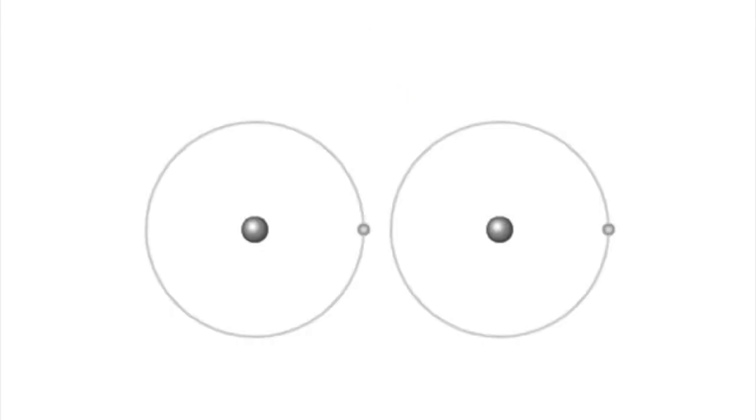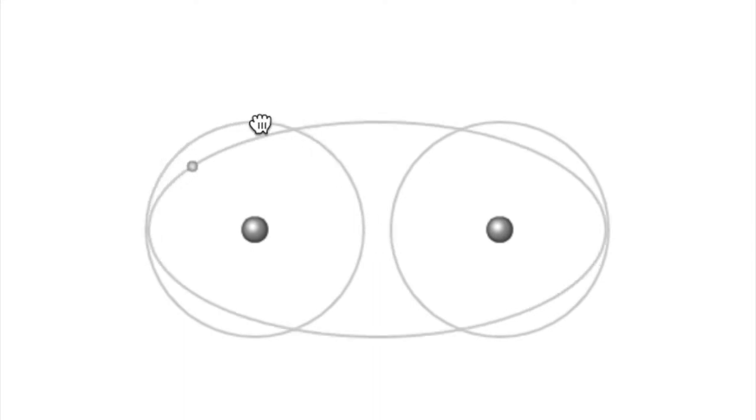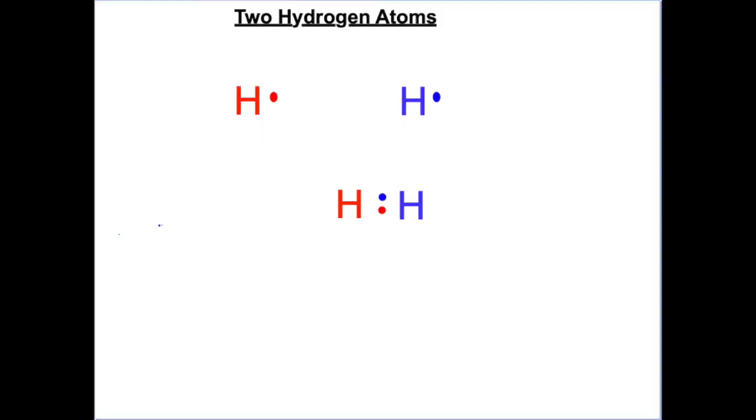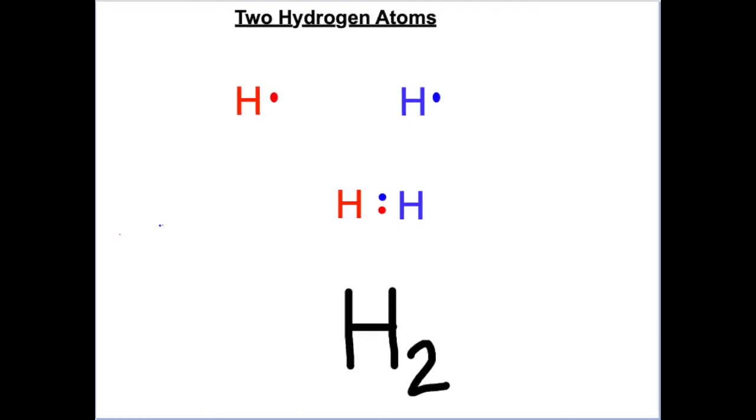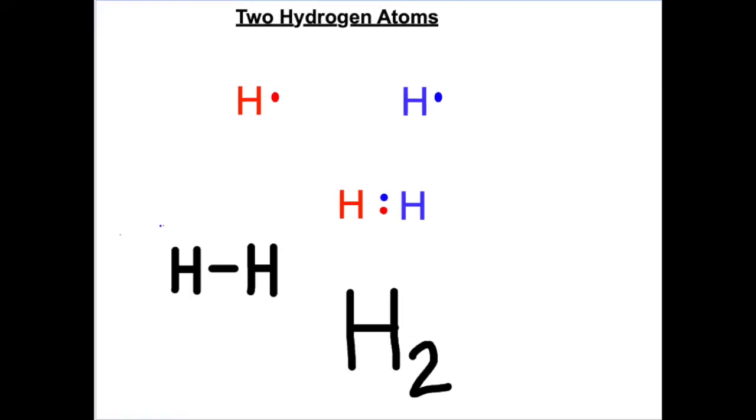Here is a video animation from the covalent bonds gizmo simulation on explorelearning.com. When each hydrogen shares 1 electron, the pair of shared electrons orbit both hydrogen atoms. We write it using an electron-dot diagram where the pair of shared electrons are placed between the 2 atoms. Write the chemical formula as H2. You will often see the single bond between 2 atoms, that's 1 pair or 2 total shared electrons, written like